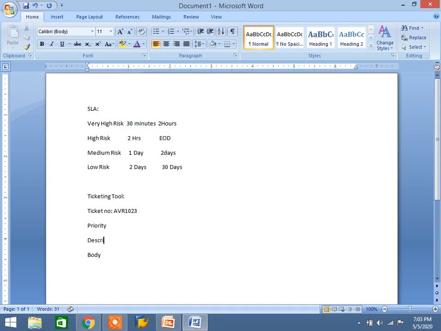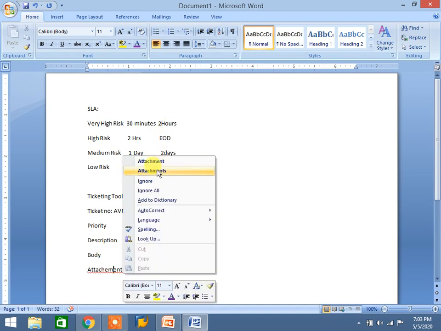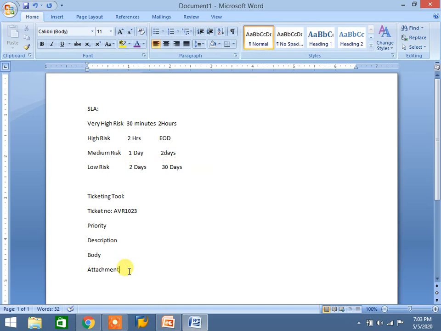Then the message body, and attachments: whatever issue they are getting, they will send as an attachment. Then the module. These options are there in the ticketing tool.